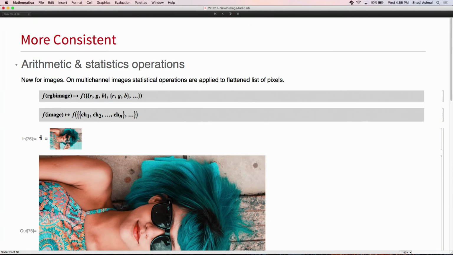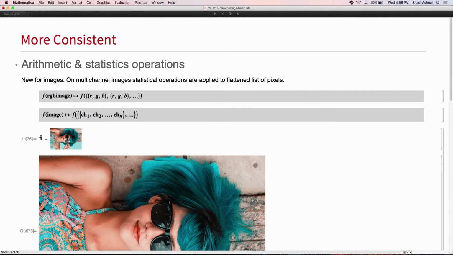So if we have an RGB image, we basically just flatten it for all the rows, so we have a flat 1D list of pixels, but still keep them RGB, RGB, RGB. If the function min in Mathematica gets that two-dimensional array of RGB and gives one number for the minimum, we do the same thing and don't treat it any differently. We give one number for the whole minimum.